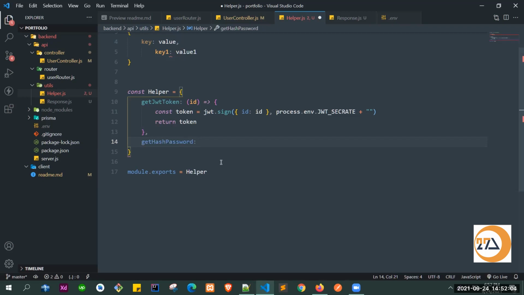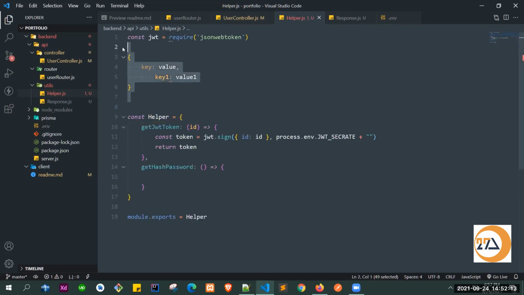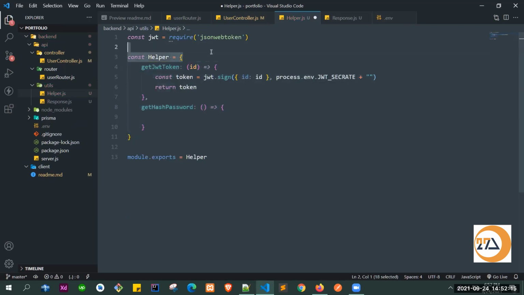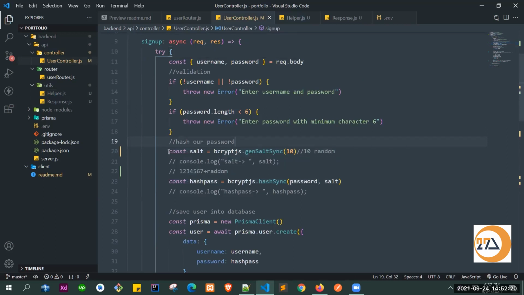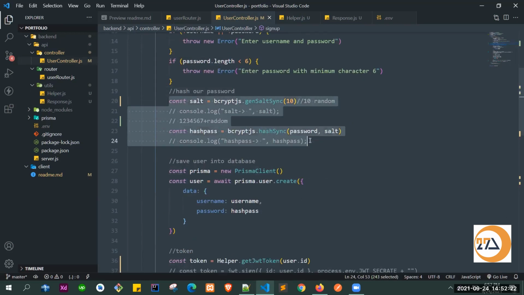And we'll give a colon, and we'll do the same thing, another anonymous function. So in future, when you need another thing, we'll do the same thing this way. This is how this helper function will work. After that, we'll cut from here. So what else do we have here? We'll take the whole thing,